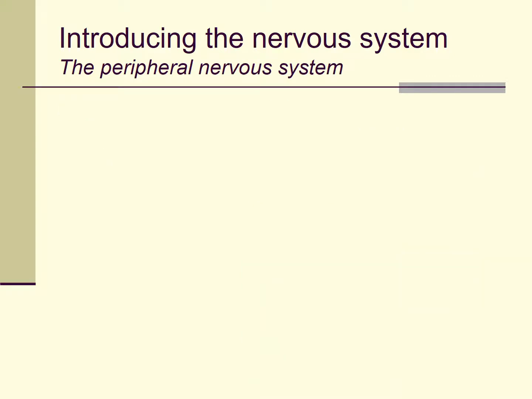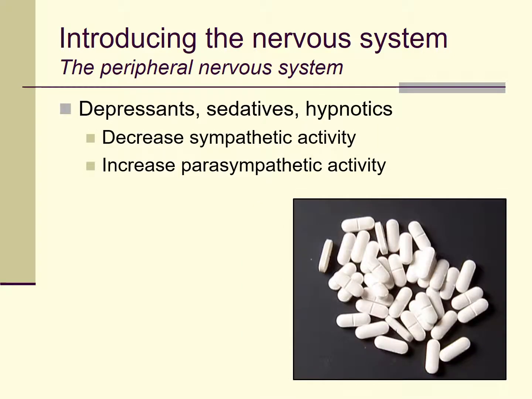So in terms of the activity of the peripheral nervous system, especially the parasympathetic and sympathetic branches of the autonomic nervous system, we can often make a very basic distinction between classes of drugs which tend to act mostly on the sympathetic branch and drugs which act mostly on the parasympathetic branch. Drugs which tend to increase activity in the parasympathetic branch or decrease activity in the sympathetic branch are drugs which, generally speaking, slow you down.